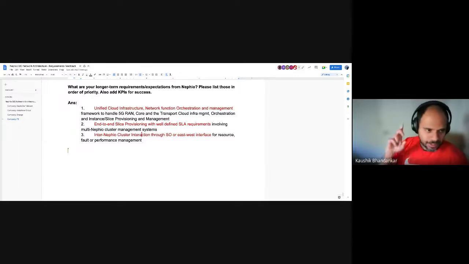Both of these documents are linked from the meeting notes document of SIGART, so you should have access to these. Ping me offline if you don't have comments access to both of these documents. My request to the group is please prioritize your inputs to both of these documents, this requirements feedback as well as the design principles document, by early to mid this week.